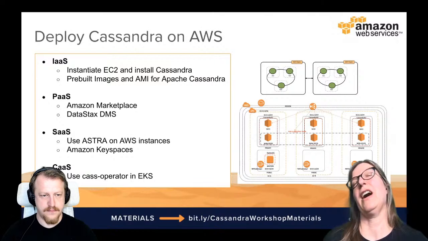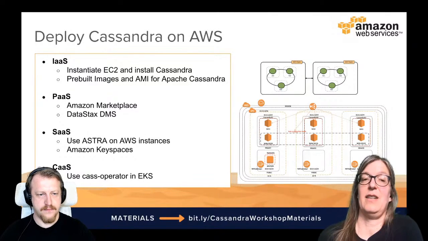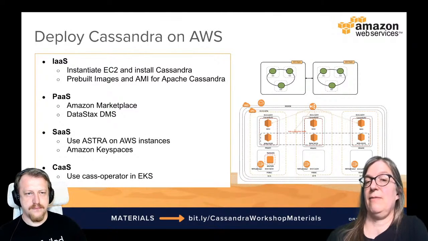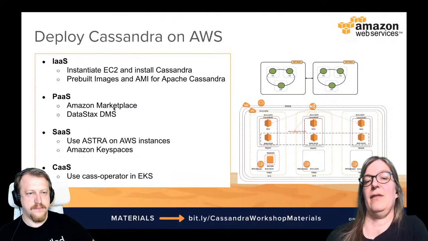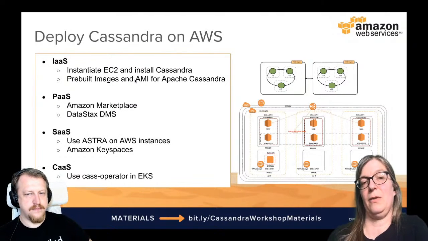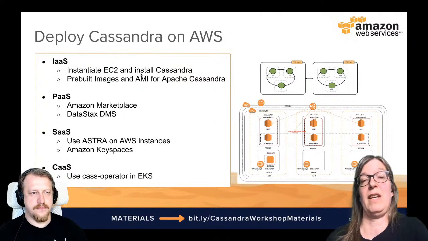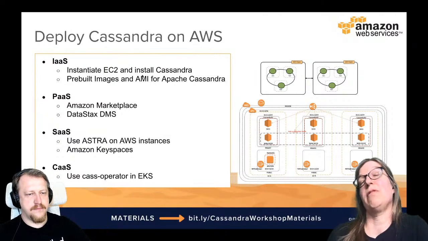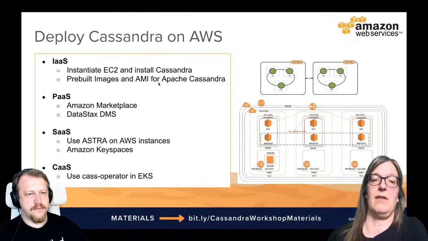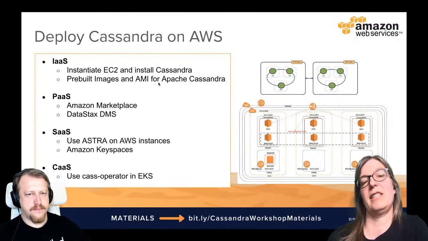And then, how would that look with Cassandra on AWS? It's basically different layers again of ease of management. You can just do it all yourself. You get EC2 instances and you install Cassandra. These are just Linux boxes. You put Cassandra on them, you manage everything yourself. You can get pre-built images where you do not need to install it yourself, so you can just deploy the image.